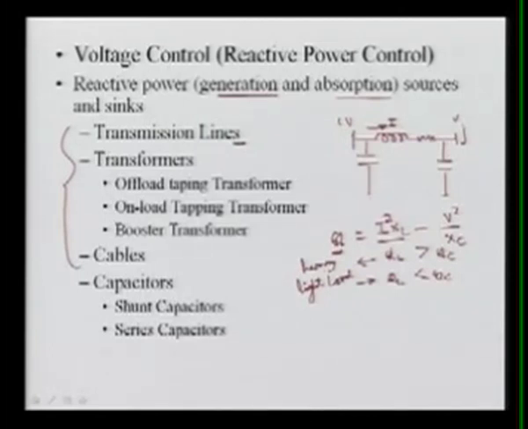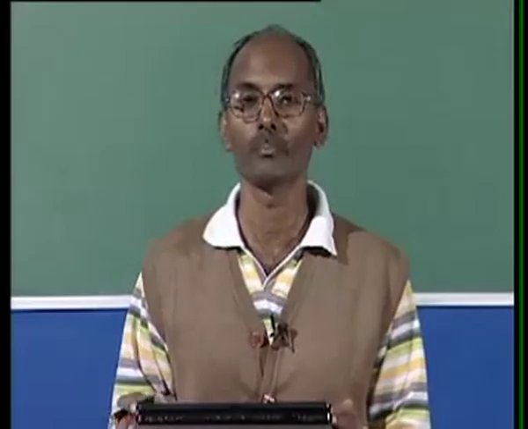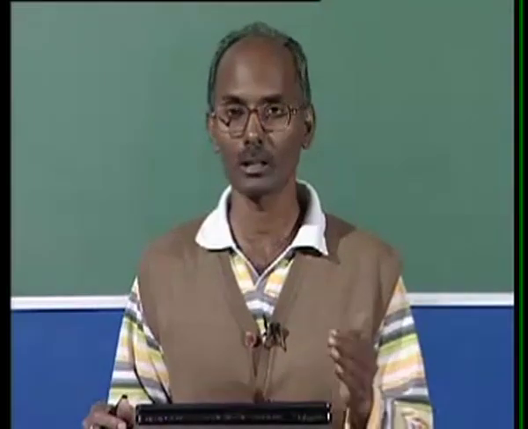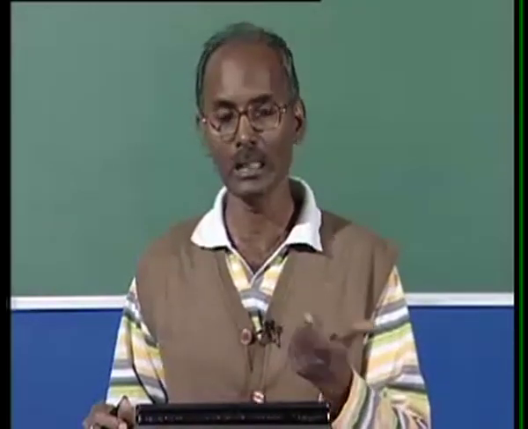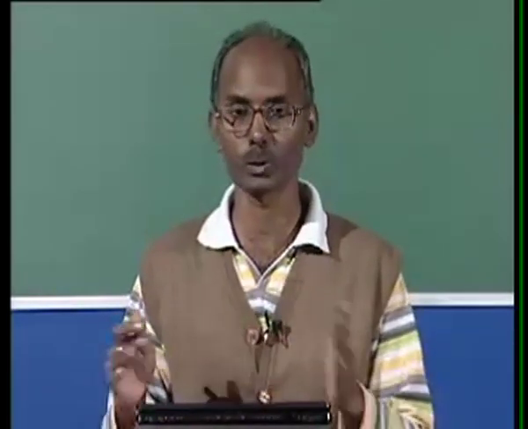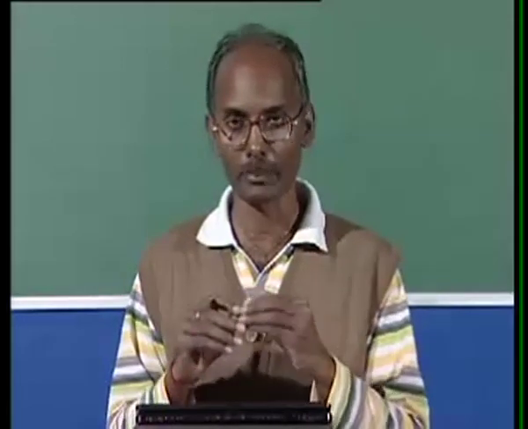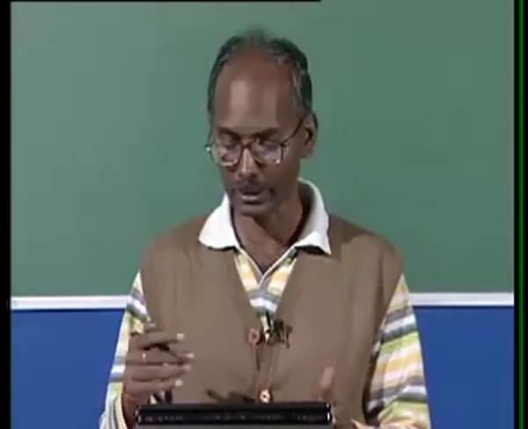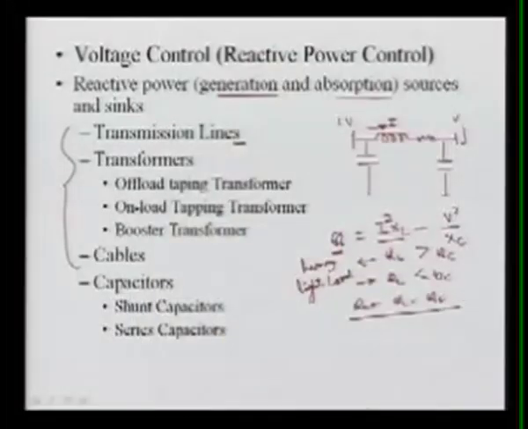There is a possibility that this Q loss, that is the absorption, will be equal to your Q generation. Then your Q will be 0, and that condition is called the flat line. It means that when your total power generation and your absorption match, there is no reactive power generation or loss or absorption, then it is called a flat line, and the voltage throughout this transmission line will be flat